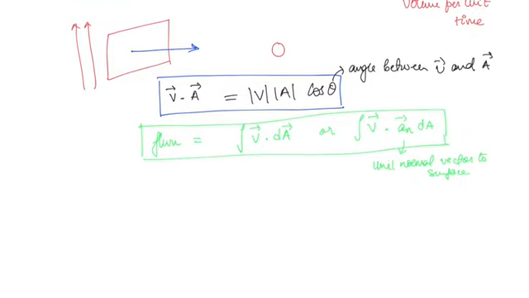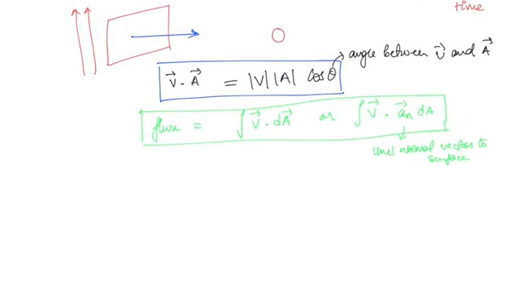Now we will talk about electric flux. So with electric flux, what happens? We have something called the electric field lines, right? We talked about electric field lines. Now what we are interested in when we talk about flux is how many field lines are passing through a certain surface. That is what we take as the flux. But what happens? This electric field is dependent on the medium in which the charges are present.